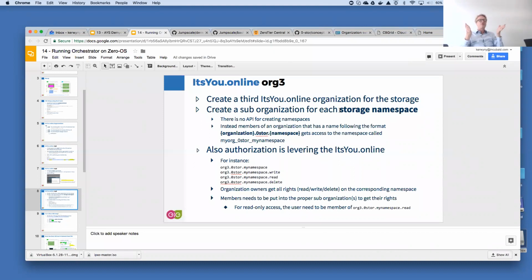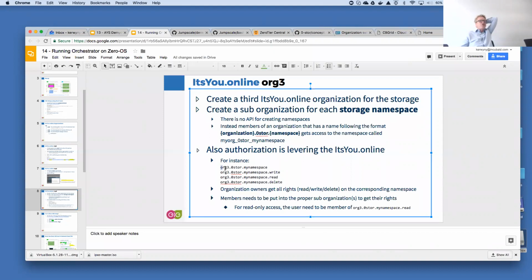The way you typically create a storage namespace is simply by creating sub-organizations at the level of each unit online and setting memberships. Let me give you an example. I have this organization tree, and there you need to always call it zero store. You need to create a zero store sub-organization. I called it storage, but that works too. And then you can specify whatever name you want.